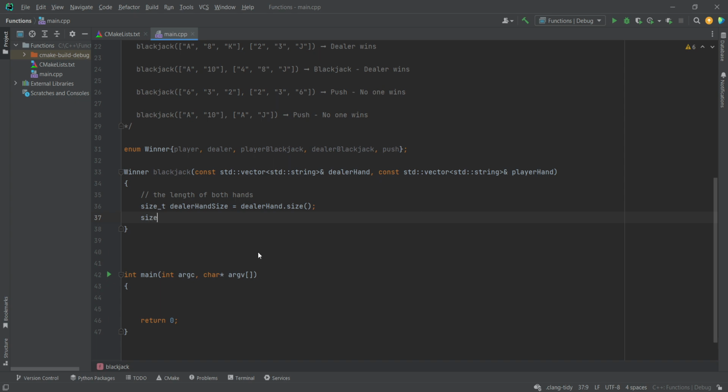Then you also have size_t player_hand_size is equal to player_hand.size(). So we calculate the size first of all,